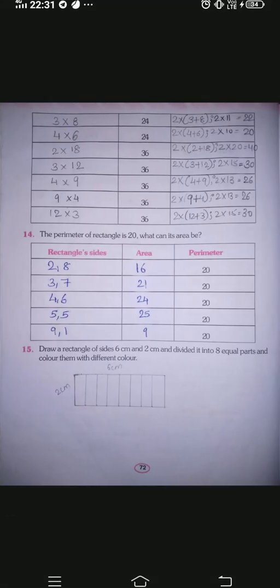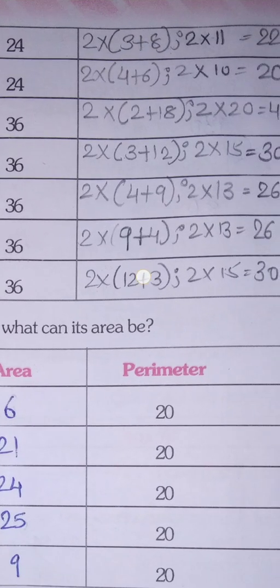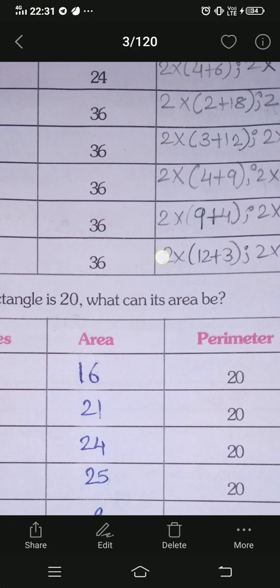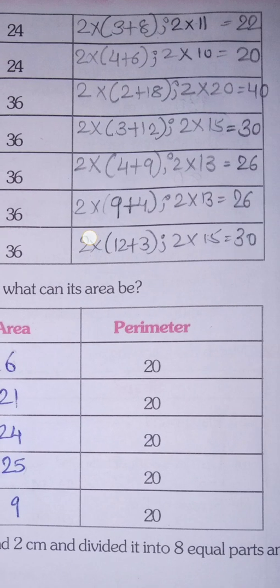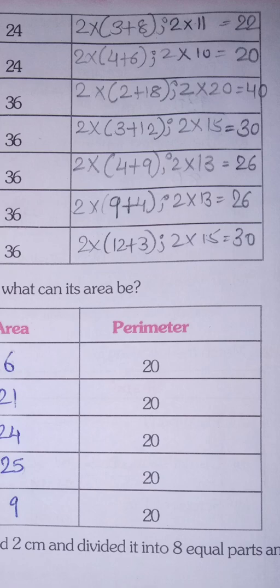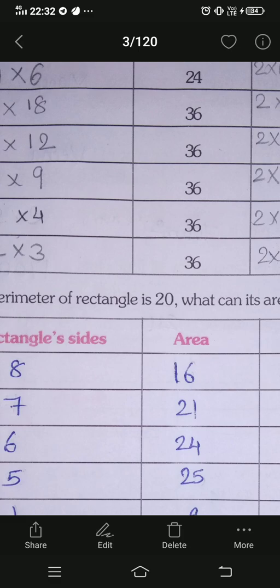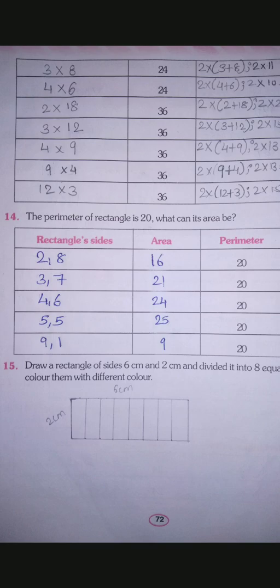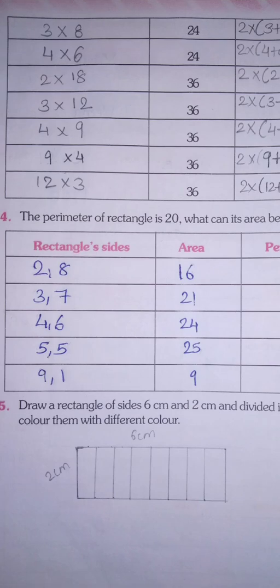4 and 6 को आप इस फॉर्मूला में यूज़ करो. 2 into length plus width, 2 into 4 plus 6 you will choose, and if you do 2 into 4 plus 6, 6 plus 4 will be 10, 2 into 10 will be 20, will be your perimeter. You understood now children? Now same way they are asking for the area 36. Okay, and 5 times they have written 36, so we need to find two numbers जिनका multiply करते हो आप तो आपको 36 आंसर मिलता है. Okay, so I had already solved it here. Okay, starting from 2. So 2 into 18 if you do, you will get 2 18s are 36 है ना.